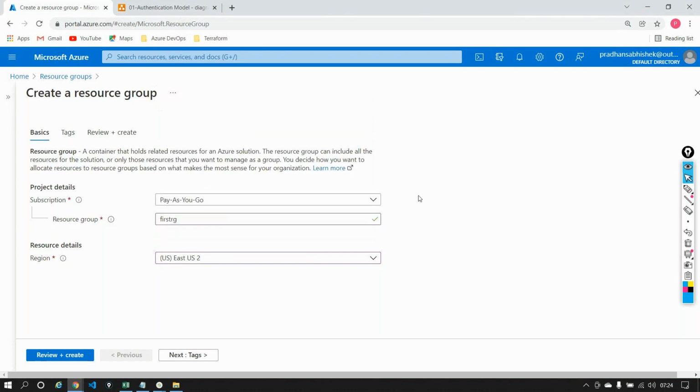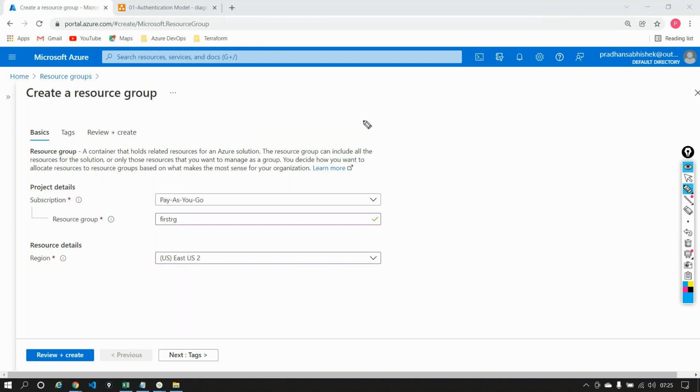So I am selecting a region known as East US 2 now, because I am saying that my business is hosted out of East US 2. And these are the primary, mandatory details that are required. How do I know these are mandatory? Because I have a red star here. Besides subscription, I have a red star, meaning without giving these options, I cannot go ahead and create a resource group. So I gave all these things. I said my subscription is Pay As You Go, because that's the only subscription I have. In your case, it would be free trial.